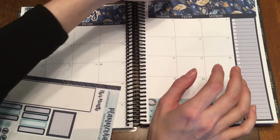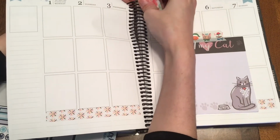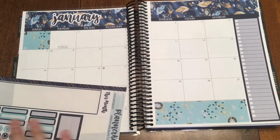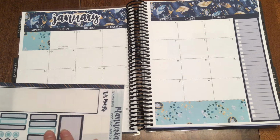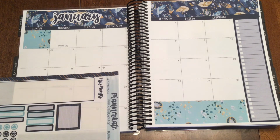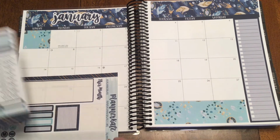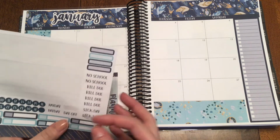So I'm gonna take out my little bookmark here to help cut the washi. Okay, so January 1st is New Year's Day and I don't have work. So I'm going to mark it with a day off